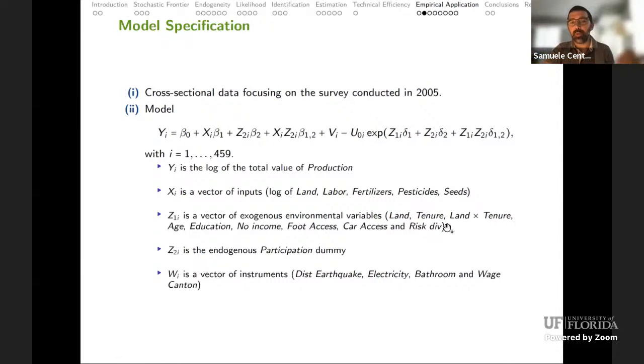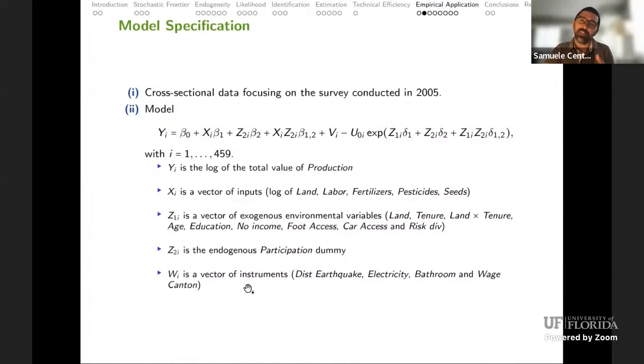There is the tenure, so how much of your land you own. We interact these two variables. We also include a standard set of controls: age, education, a dummy for external sources of income, whether you have only foot access to your plot or also car access, and an index for risk diversification. And again, Z2 is the participation dummy. So as instruments,